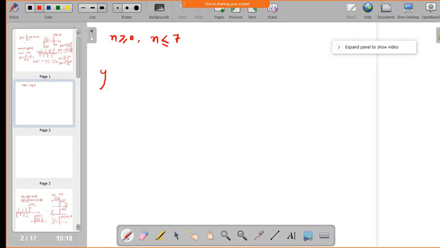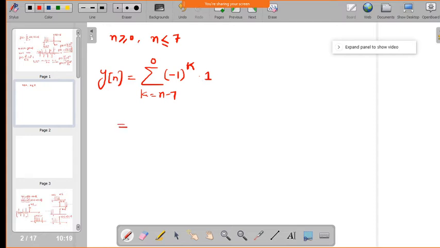So now we will have y of n, which is equal to the sum with k varying from, when n is greater than or equal to 7, your k value will be n minus 7. So that means n minus 7 to 0. So n less than or equal to 7 means your k value becomes n minus 7. Now x of n is equal to minus 1 power k, and h of n minus k will be 1.